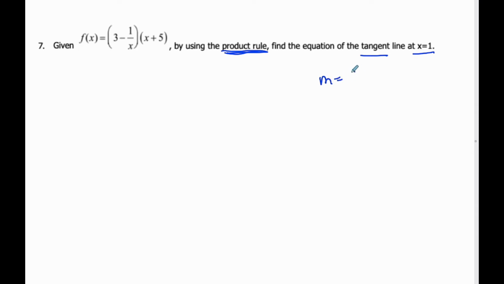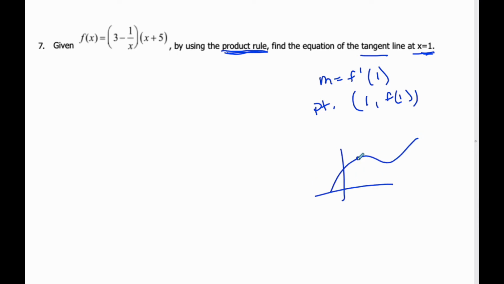which I'm going to get from the derivative at 1, because it's at 1, but I'm also going to need a point. And the point where this curve is going to be at 1, comma, f at 1, wherever that is. Because I have some kind of function, and I have to find this line here, where I know the slope is the derivative at 1, and this point here, I have to plug 1